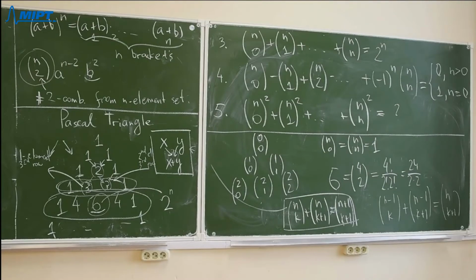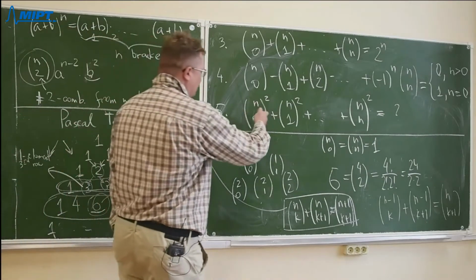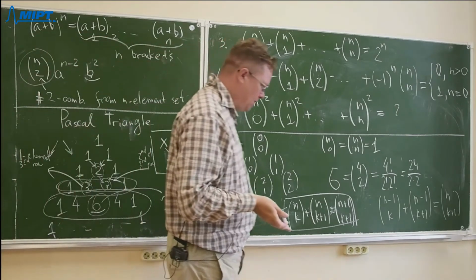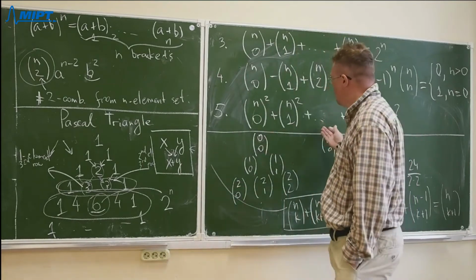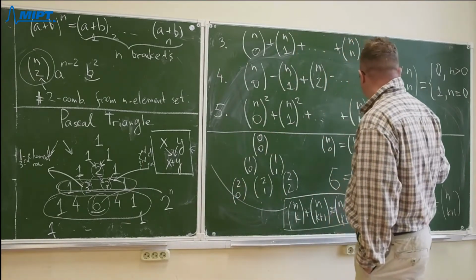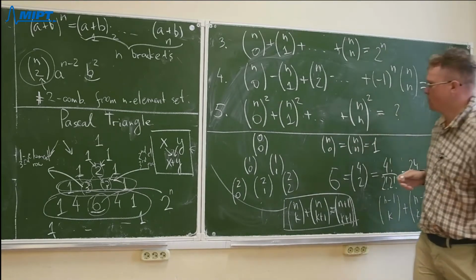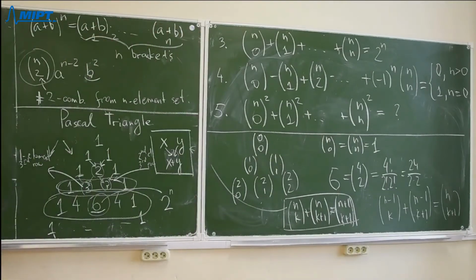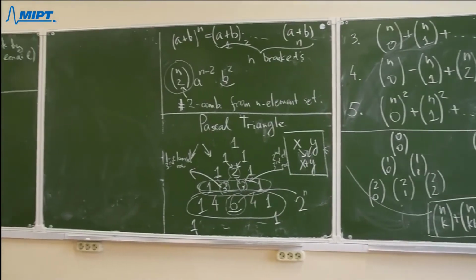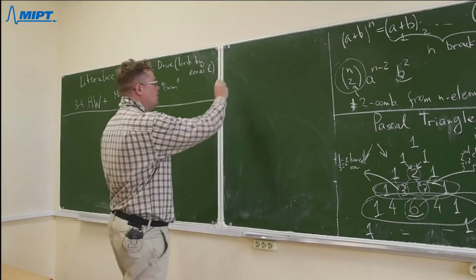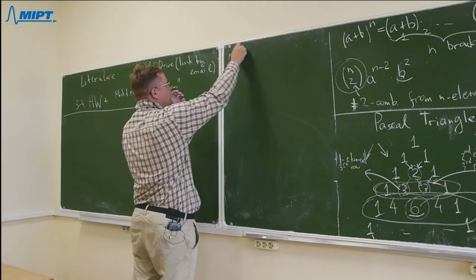Here we have the square of the binomial coefficients, and at first look we have nothing similar in the previous identities that we can start from. But if you have an identity that you are not familiar with, first of all we can just try to find the answer by calculating. So for example, if you take n equal to 3, then we have